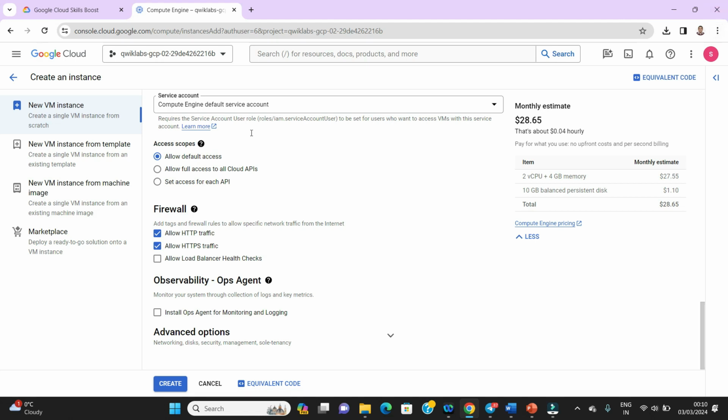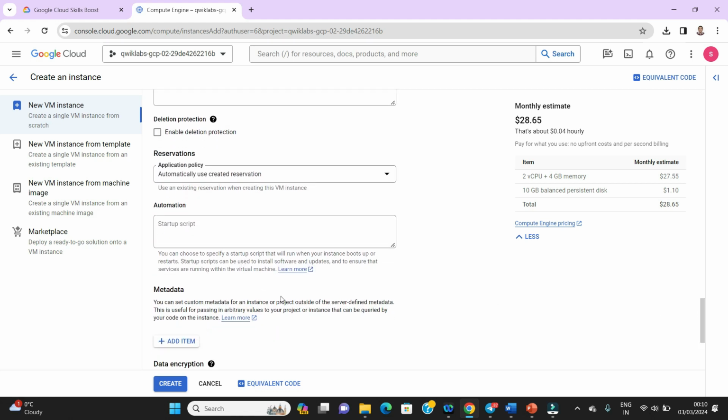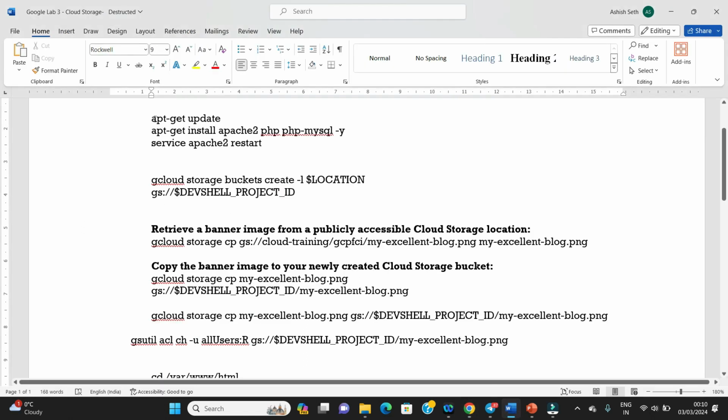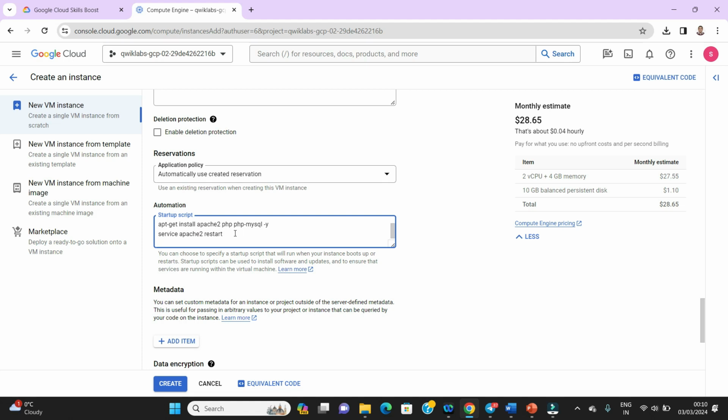We can go to the advanced option, and we can write the commands there which are going to do all the job for us. So you can go here, go to management, and then automation, and here you can write the basic command that is going to install Apache and PHP. I already have a prepared list of the commands which I am going to use. If we use this, there is no need to install Apache and PHP later when our machine is created. So we'll go back, and I'm going to write this here.